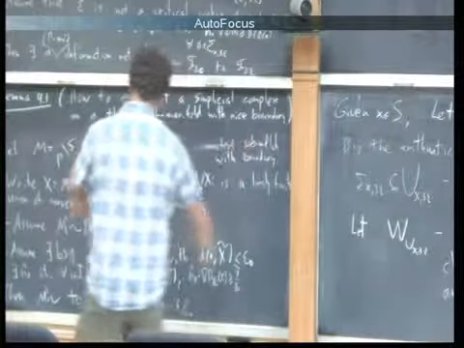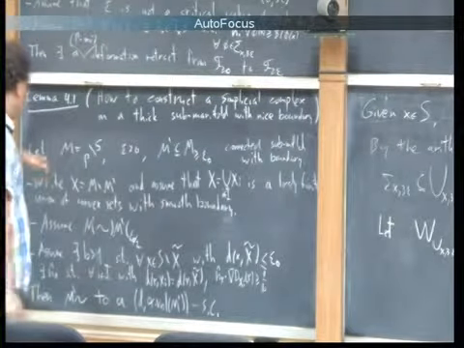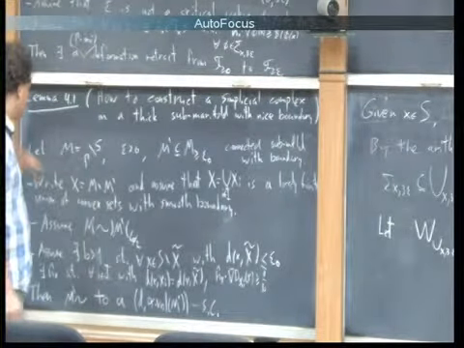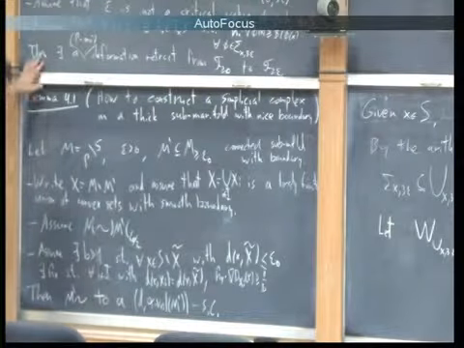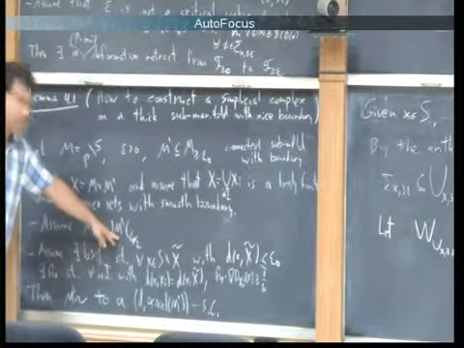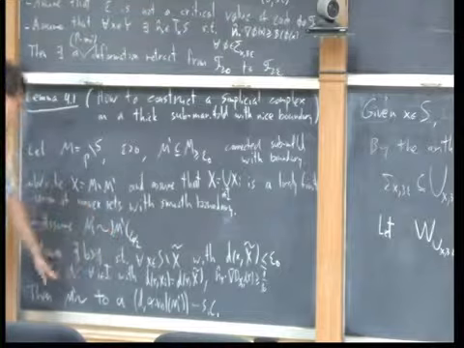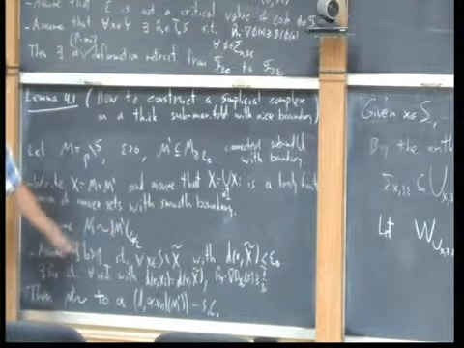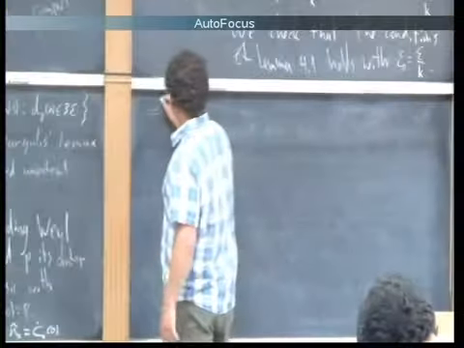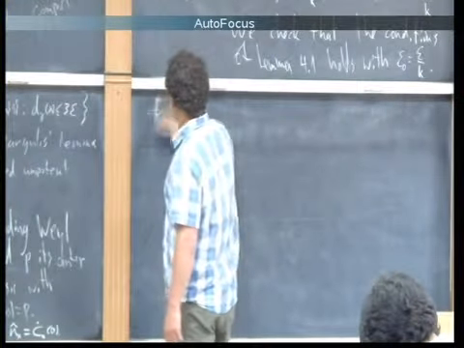Everything is satisfied, and all we need to check is why M prime is homotopic to its shrinking, and what the directions are. Everything is easy to verify. So clearly,